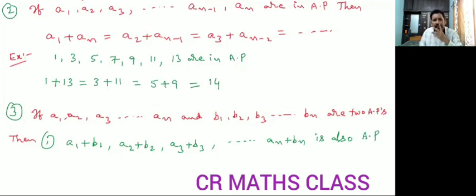So I added the corresponding elements of both the series. If you subtract, the resulting series is also an AP only. Okay. Now, if the corresponding elements you multiply, a1 b1, a2 b2,